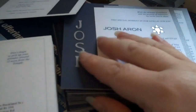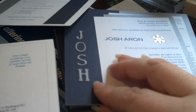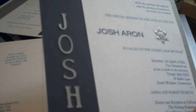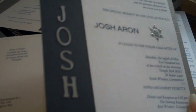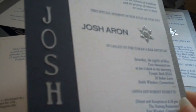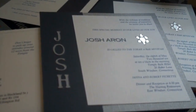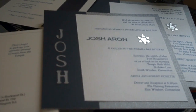I did attempt embossing, but these letters are so thin, the embossing just looked sloppy. So this is by far a more professional look. And since this is my sideline business, I really would like for the customer to be happy. After all, this is their day, and I want them to be as happy about it. And I'm very happy with the way this turned out. So what I'll do is I'll post the decorations for the room once I do it,